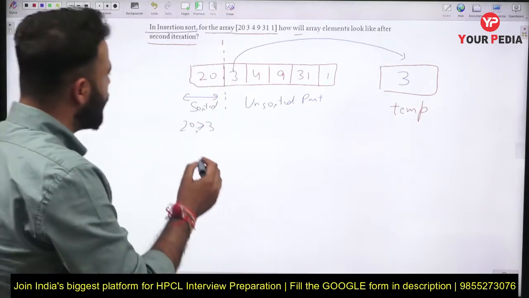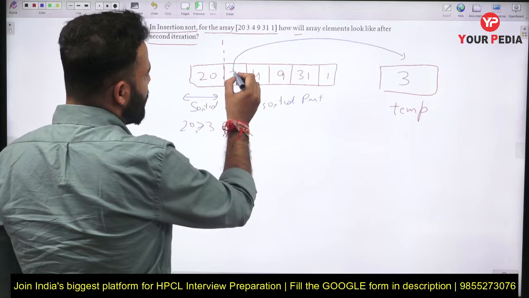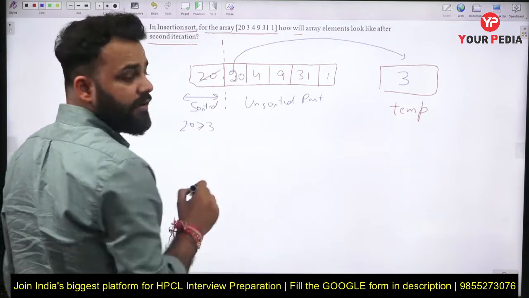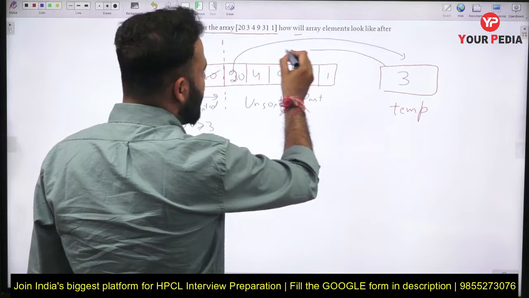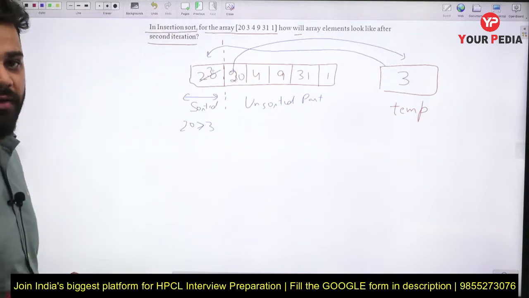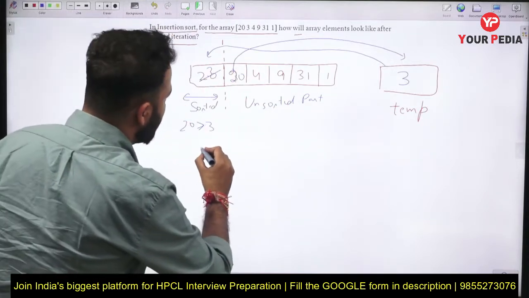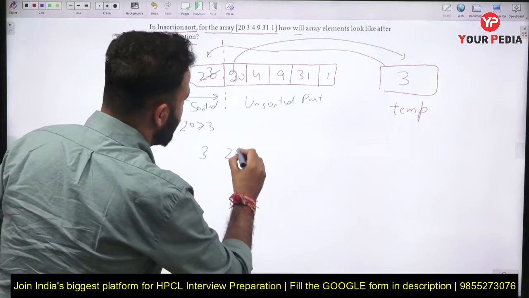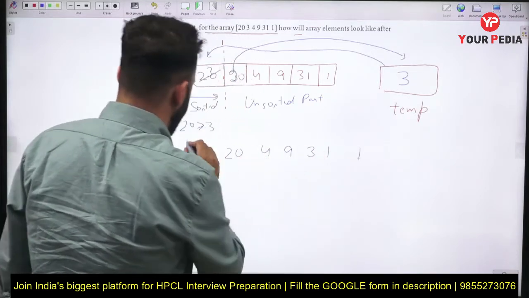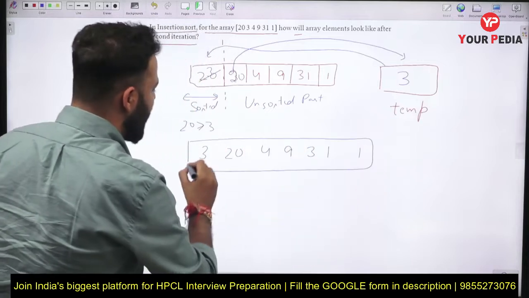So we will replace this 20 and put it here, and the temporary variable will be stored in place of 20. So the resulting array will be 3, 20, 4, 9, 31 and 1. This is our resulting array after